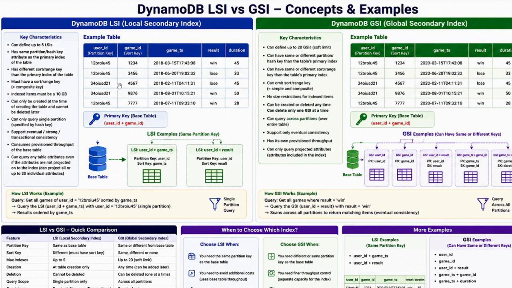Where the sort key initially when we created it was game ID, and if I want some other sort key, say like GMTS, then I would create a local secondary index. Or say I want another local secondary index on result. So it would be user ID plus result. So just keep this in mind. Partition would be constant. Only the change is sort key when you're creating the local secondary index. You can define up to 5 local secondary indexes,